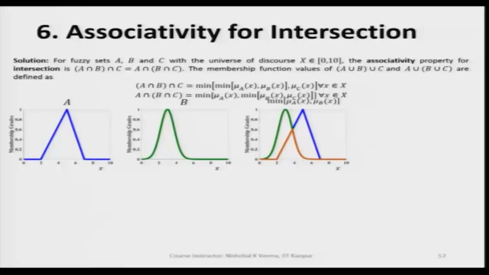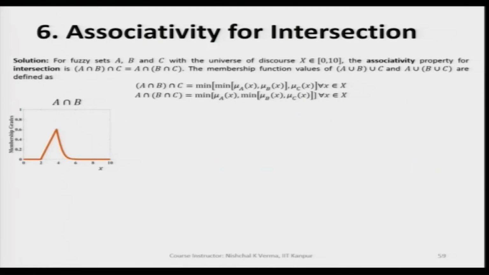So, A intersection B is here. This is what we are getting as a result by applying the min condition. So, this is A intersection B. This is a fuzzy set, and just by looking at it, we can say that this fuzzy set is a subnormal fuzzy set. When we take the intersection of this fuzzy set with C fuzzy set,